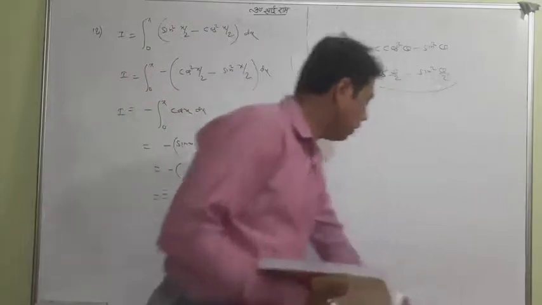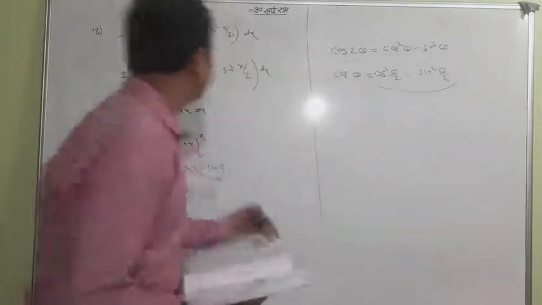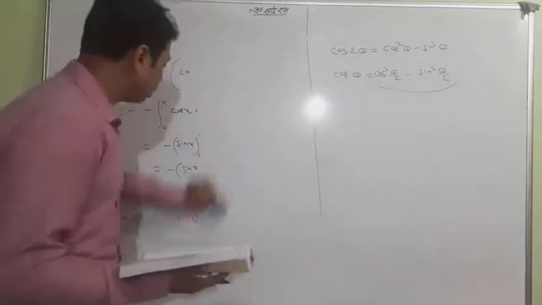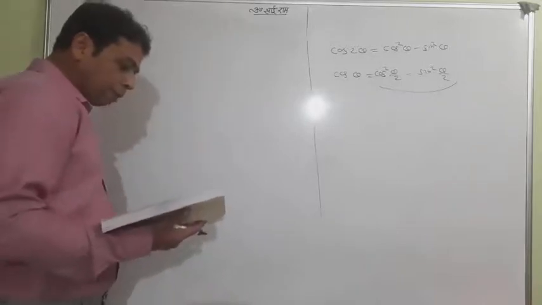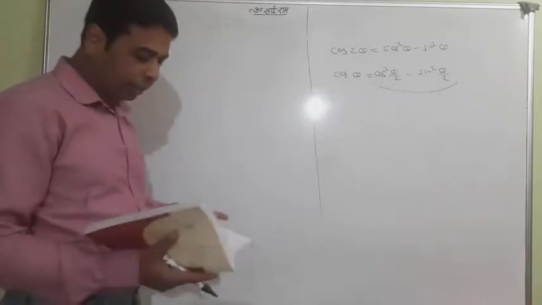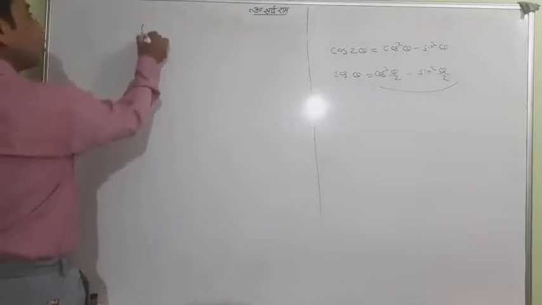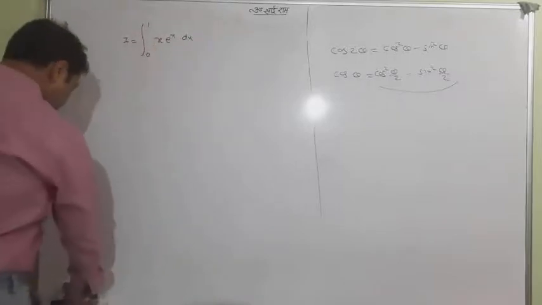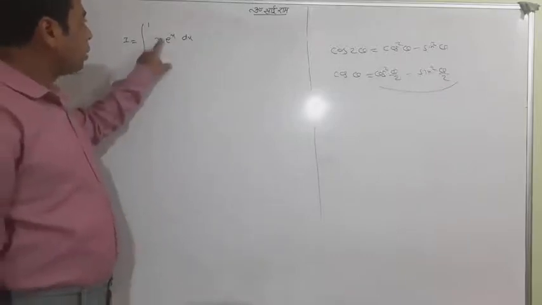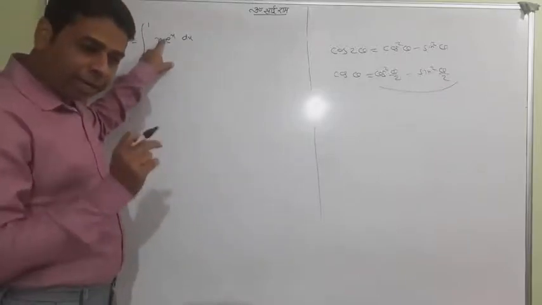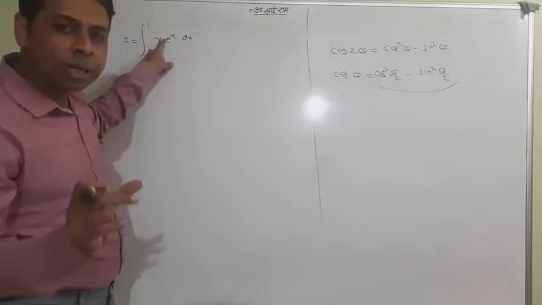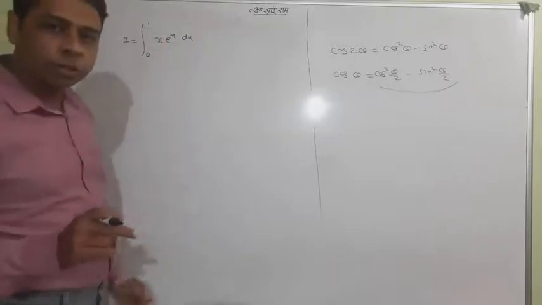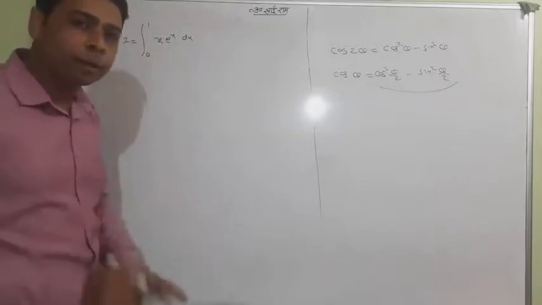I think I will take a little 2 minutes more to tell you one kind of question. In question number 20 of 7.9, x e to the power x is coming. Only I am telling you this section. Look at this section. We know it is a multiplication concept. So right now you learn how to treat multiplication under the definite integration. So let me explain a very simple thing.